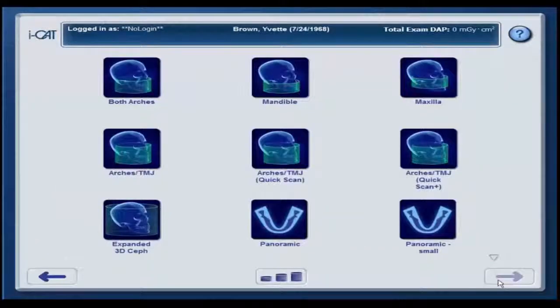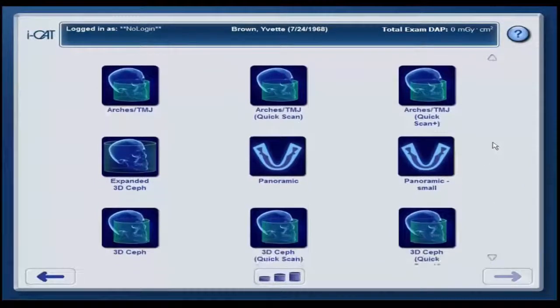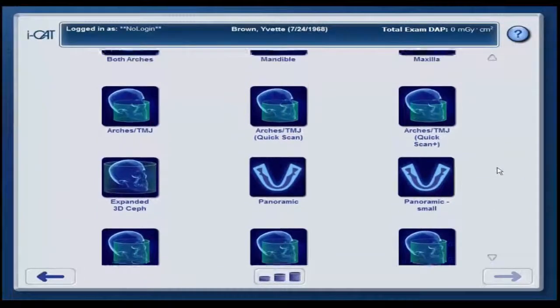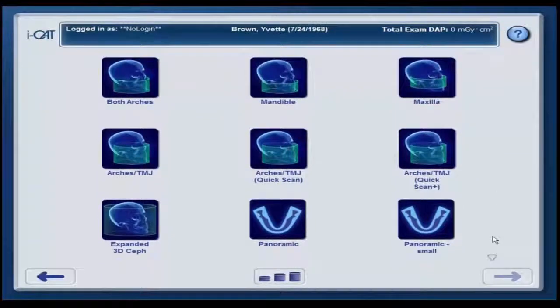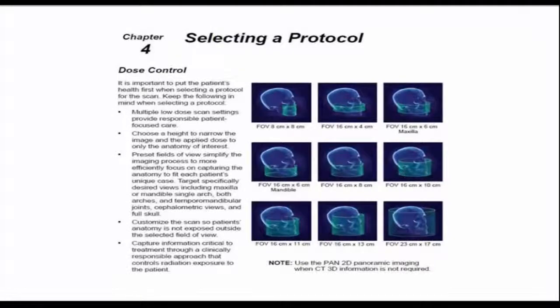This screen presents us with a variety of scanning options. To see more, simply place your finger on the touch panel screen's right side and move your finger up vertically. If your scanner is the Flex MV, there are no additional preset protocols. It is important to put the patient's health first when selecting a protocol for the scan. Keep the following in mind when selecting a